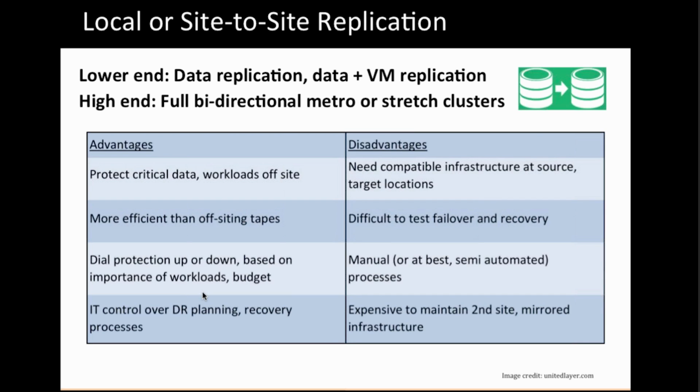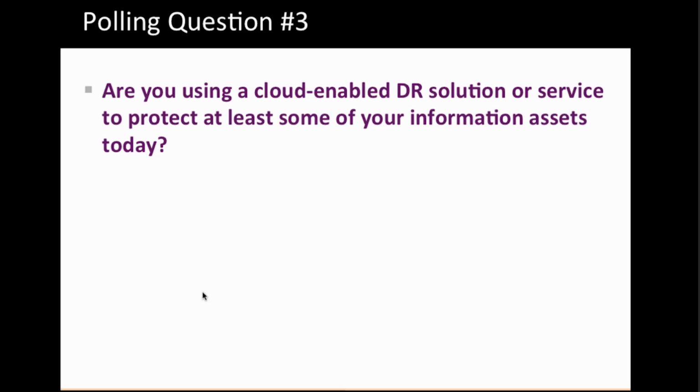And one of the big downsides that we see regularly with these types of approaches is that in almost all cases, you do need compatible infrastructure at both the source and target locations. That's a big one. That prevents a lot of companies from really getting started in DR as we see, and also prevents larger companies from expanding the number of workloads that they're actually protecting. The other big point I want to emphasize here on the right-hand column is that a second site facility can carry significant cost.